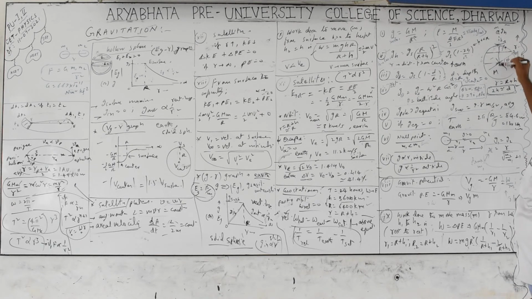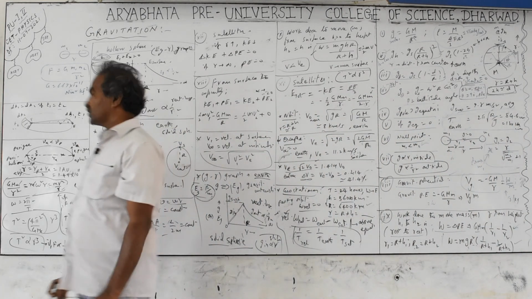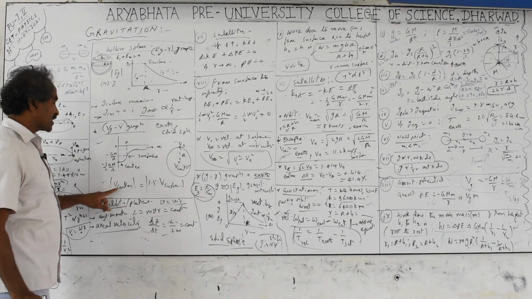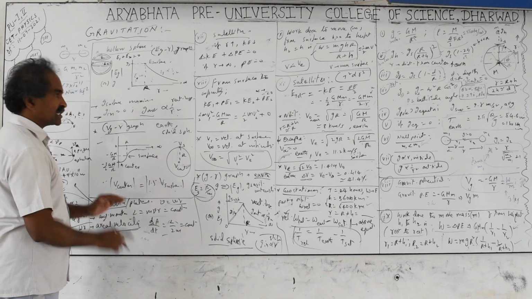So as you go inwards, the force of attraction will not be changing; force will be there always. If the object is taken to the center of the earth, then small g is equal to 0 at the center, but attraction is there in all directions. Attraction means potential energy will be there. Due to that, the potential at the center is not 0, but it is 1.5 times the potential on the surface.